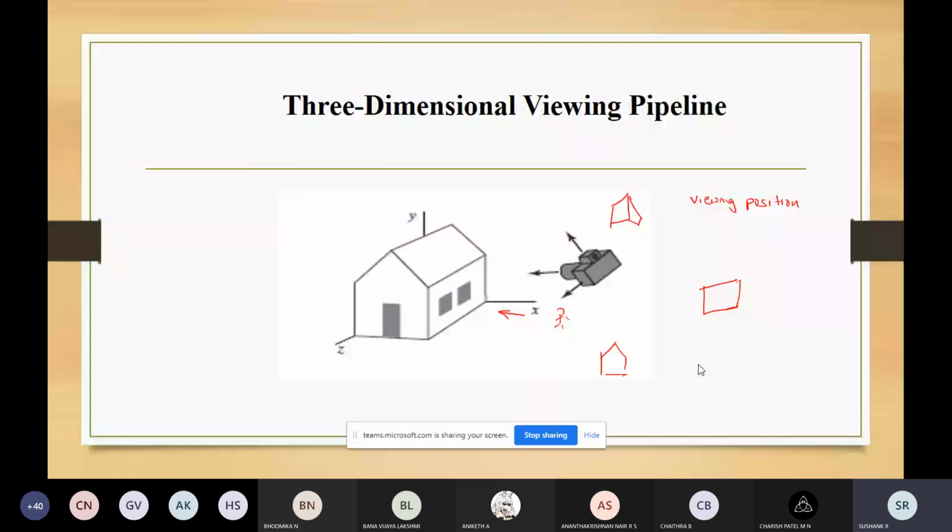So here what you are manually doing is checking the position and the orientation. After that, you will take the picture. When you press the button which will capture the picture, whatever is within the frame of that camera, only that portion will be visible and captured. So when you capture the image, the scene will be cropped to the size of the clipping window. The size of the clipping window means the frame.